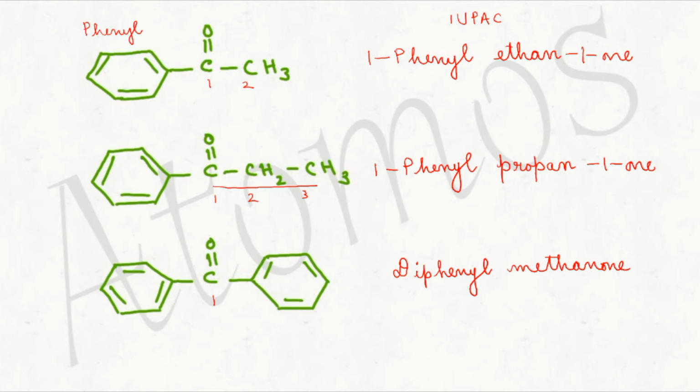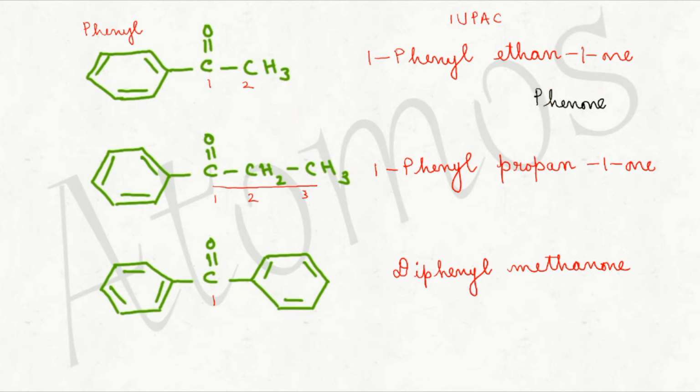But remember, in the case of these compounds, compared to the IUPAC name, we will be using their common name often. In questions also you can see the common name. So common names are more important for these compounds, so we will learn that also. How to write it? Remember, whenever a benzene ring is attached to a keto group, the common name of this compound will be ending with phenone. So that will be the last name.